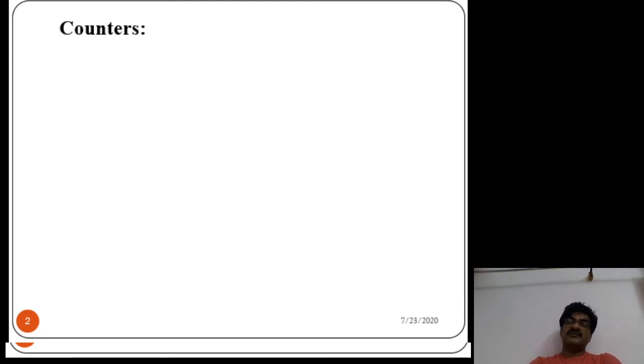There are two types of counters. One is the ripple counter and another one is the synchronous counter. The basic difference between these two counter categories is in the applied clock signal.